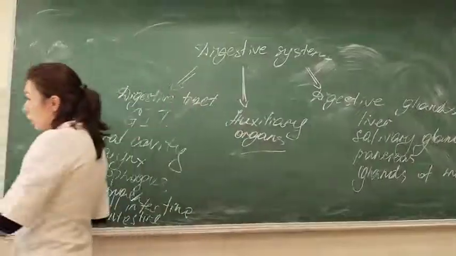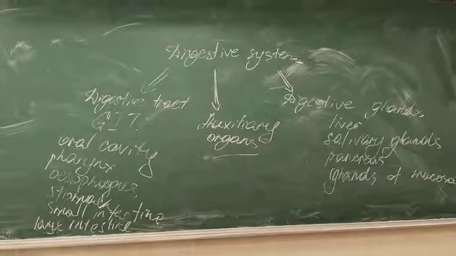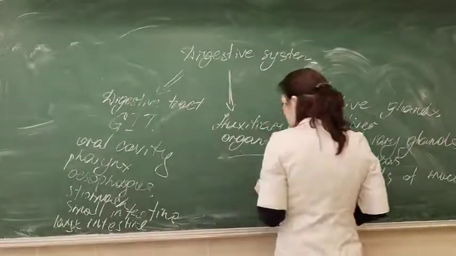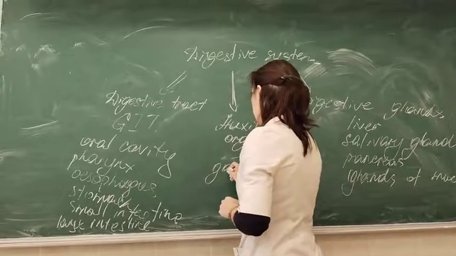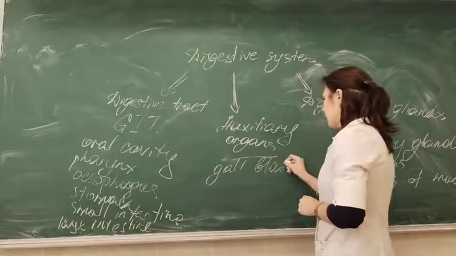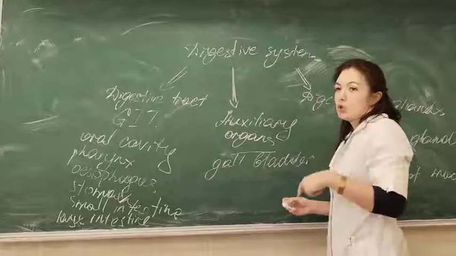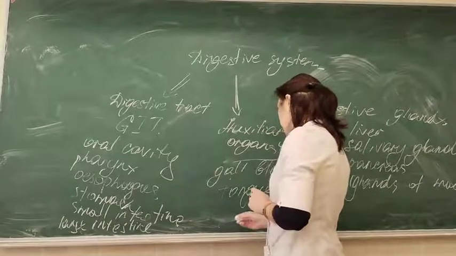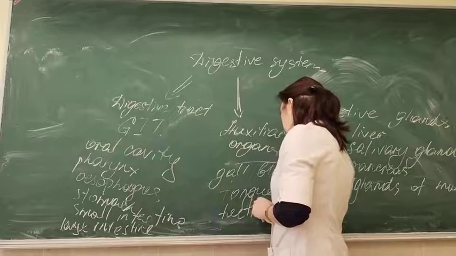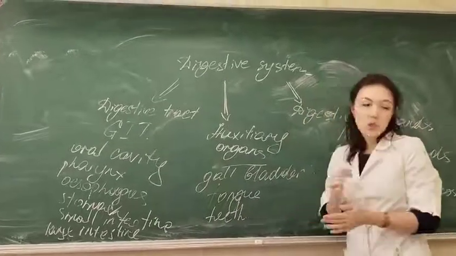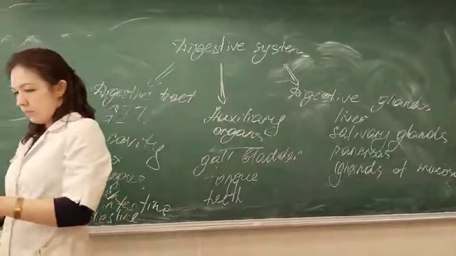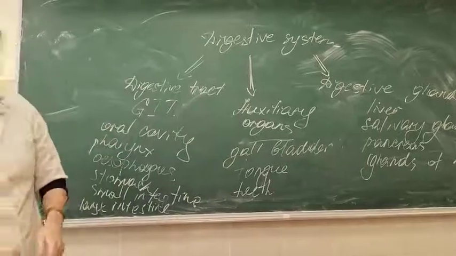And the auxiliary organs of the digestive system do not serve as a part of the digestive tract, but they also don't produce anything, so they are not digestive glands. Here we can refer, for example, to the gallbladder, because once again I'm telling you, the gallbladder does not produce bile, it just stores it. And tongue, for example, and teeth, they are all auxiliary organs of the digestive system. So that is a classification. Any questions? No questions. So please, then